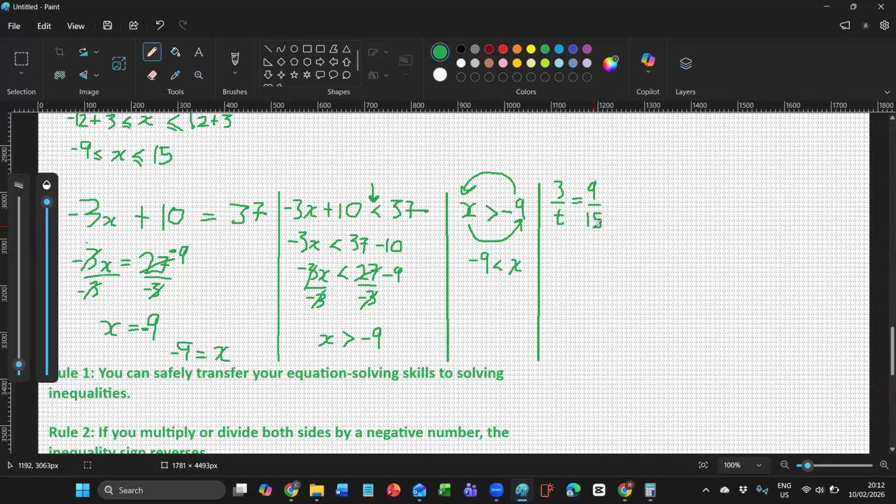Oh, yes, sir. Okay, so I'm just using this to demonstrate. I know what you'll be thinking. You should cross multiply. Well, that is easy to say for an equation. Once you change the sign from equation to inequality,